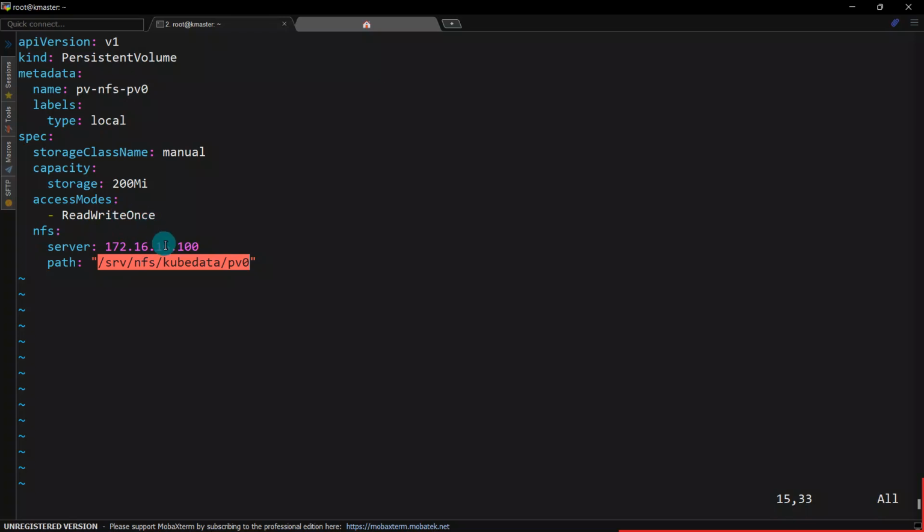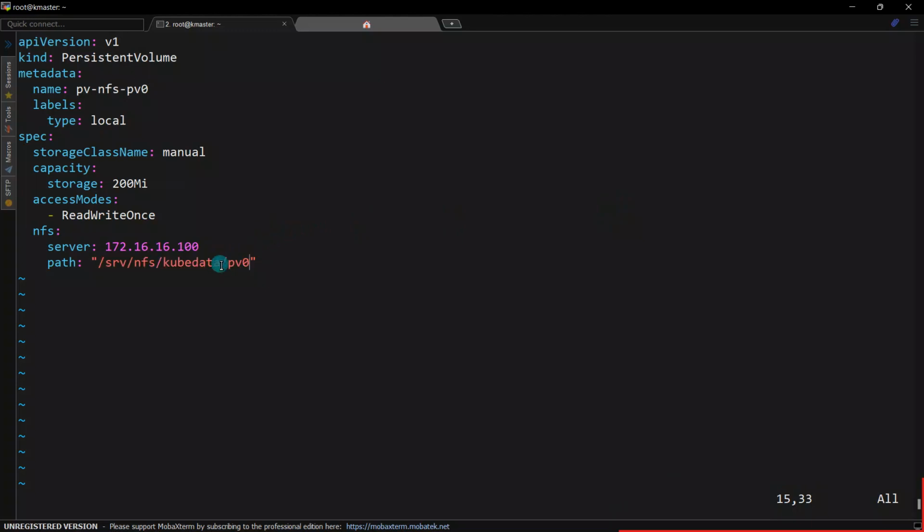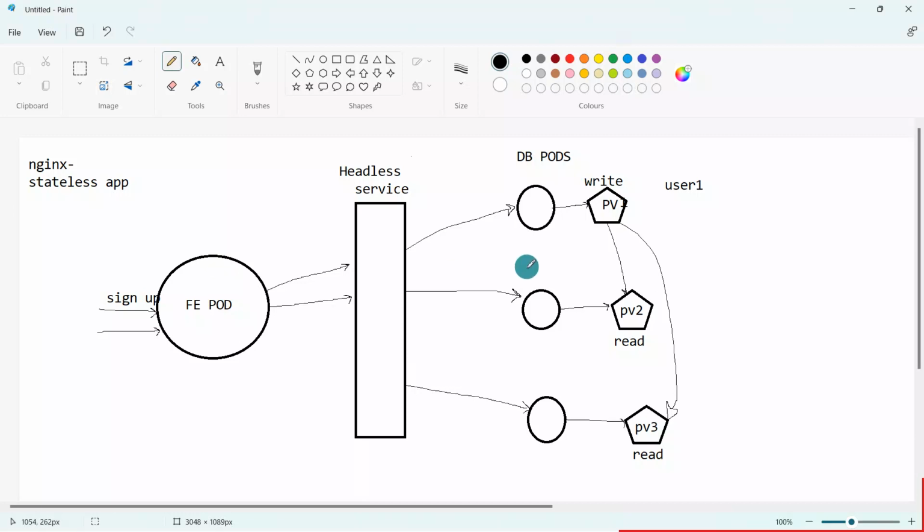Meaning, if this persistent volume 0 is going to get attached to this db pod, in that case this db pod is going to write the data within the persistent volume, right? So this is the location of that persistent volume where that data will get stored. Okay, so we will just try to keep simple things over here. Let's create a few more persistent volumes, because we can have as many pods as we want, and as many pods as there are, that many persistent volumes will be required. So within this demo we will play with 3 pods, so that's where I will create 3 persistent volumes